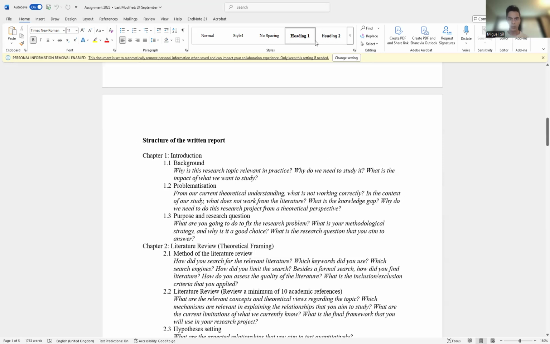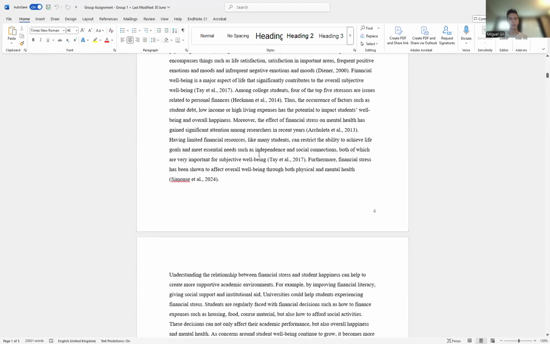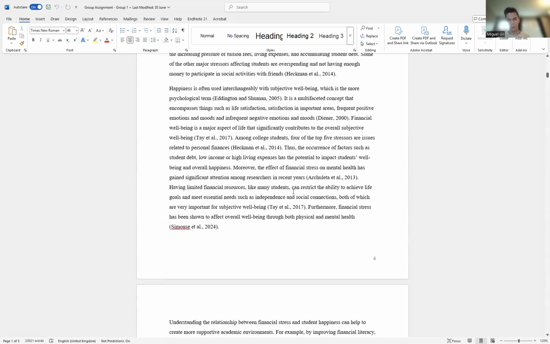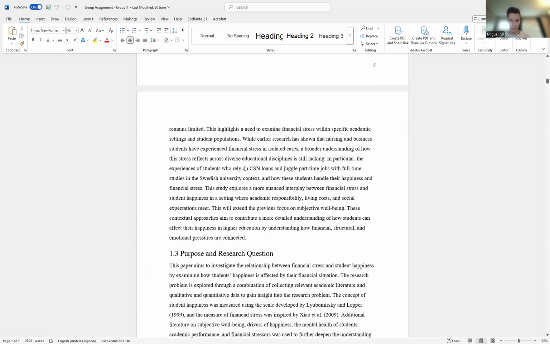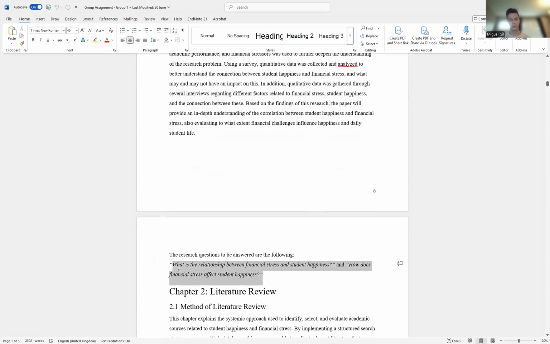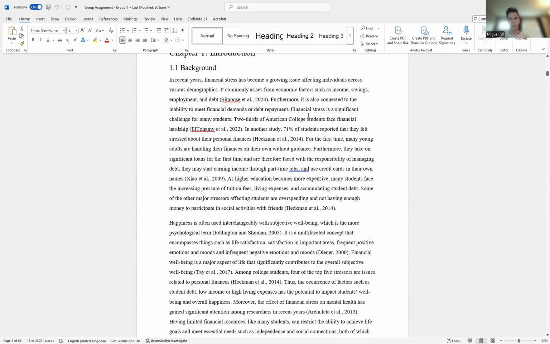So hopefully this helps. I just want to show the good example that I have in Canvas. Take a look at how it is written. I think something interesting is that they do include several references. Maybe this came later when they learned more of the literature. You don't have to worry that much about references right now. They will come later as you read more. And then in the problematization, they also use their context of Sweden to challenge some theoretical assumptions. And then in the end, they stated the research questions very simply. So that's it. That's chapter number one that I think you can already start writing.